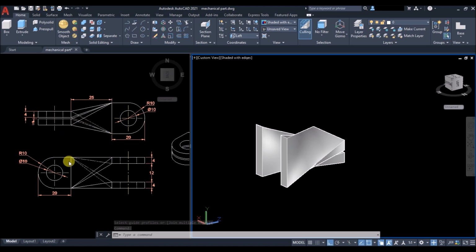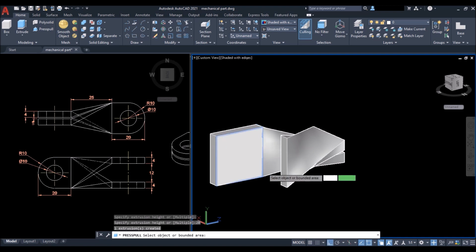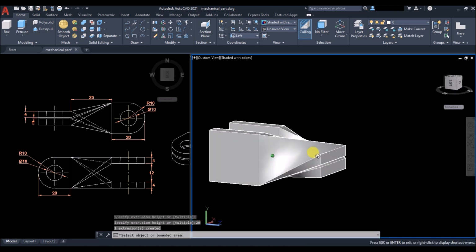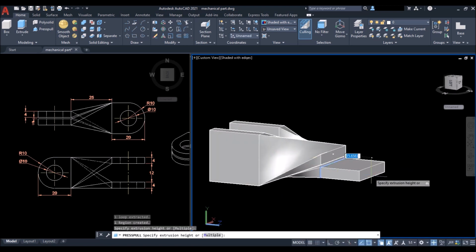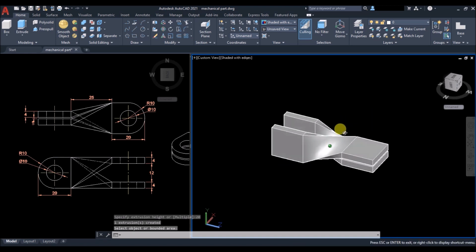Now I'll press pull the faces by 20 units. So type PRES and press enter. Select this face and press pull it to this side by 20 units. Same with this one. Press pull these faces by 20 units as well as shown. And then right click to exit from the press pull command.